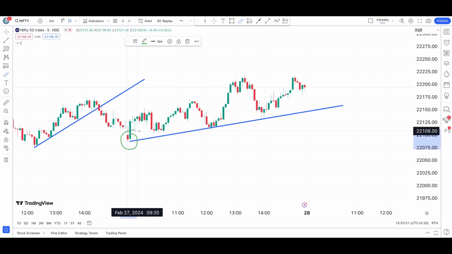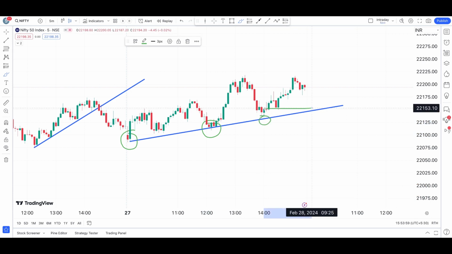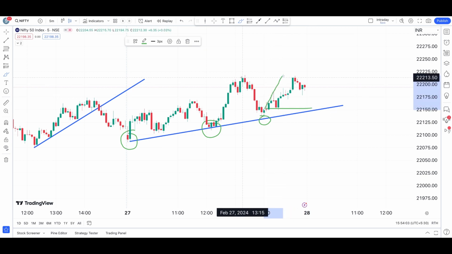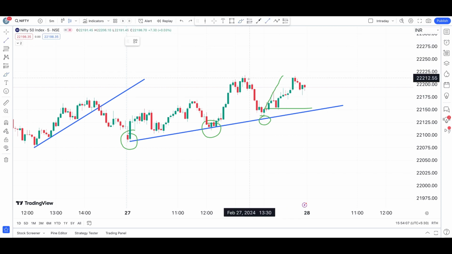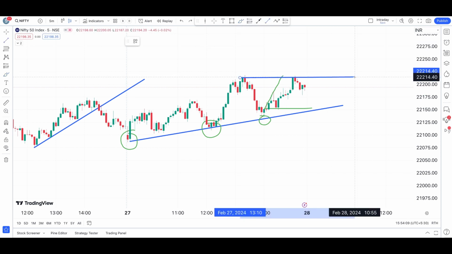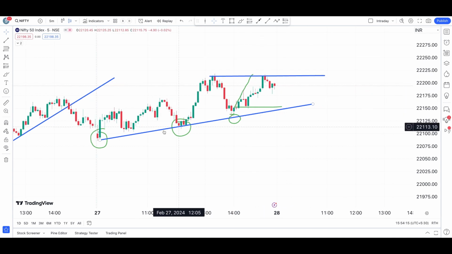Now you know that you have seen one, you have seen two, and after this green candle at 2 o'clock, you know that this is also a third reaction. So from there, if you start noticing, you see how beautifully it has raised all the way till that reaction. Okay, so let me draw a straight line there. So this is how it was. So this was the only possible reaction